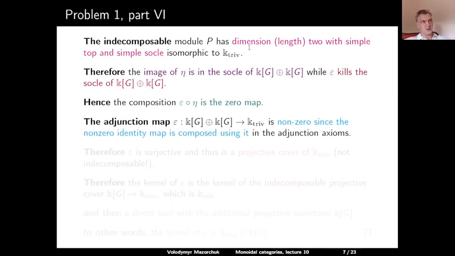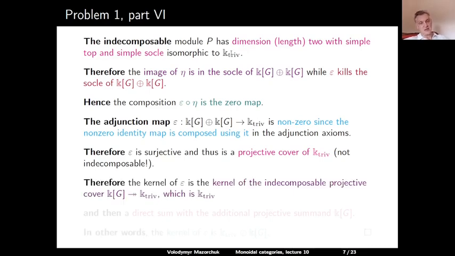So if it were 0, we can write the adjunction identity, and then in the middle we will have this counit map evaluated at some object. So it must be a zero factor of the identity which we will get using the adjunction axiom. So this is impossible. This means that the adjunction map is non-zero. But the image is the trivial module, so it is surjective. So in particular, the adjunction map is indeed a projective cover of the trivial module, but not an indecomposable projective